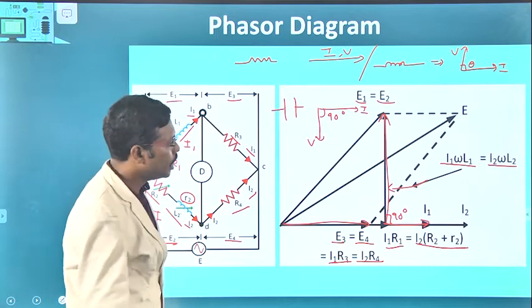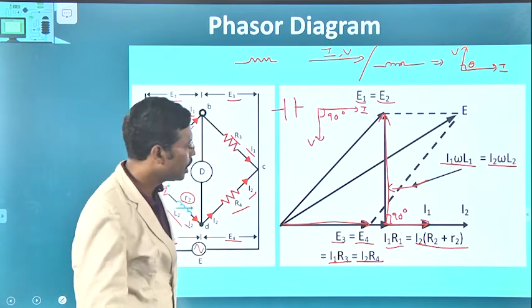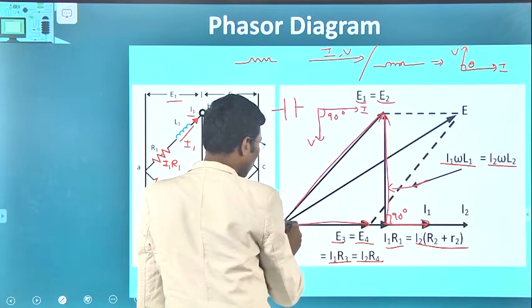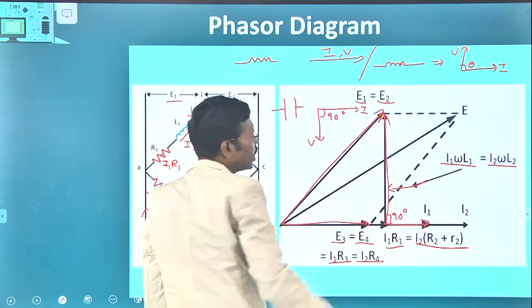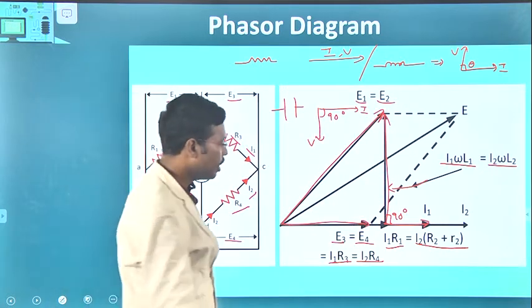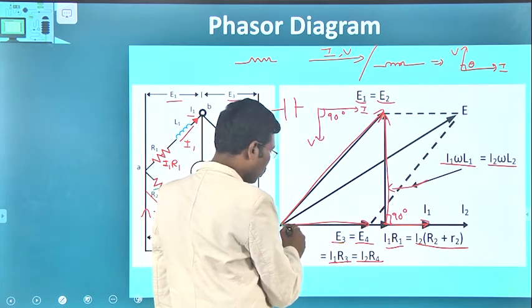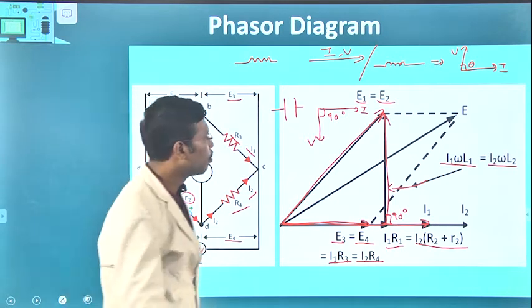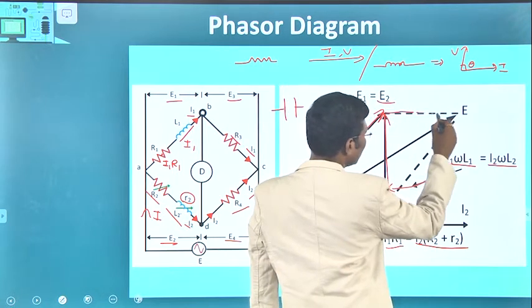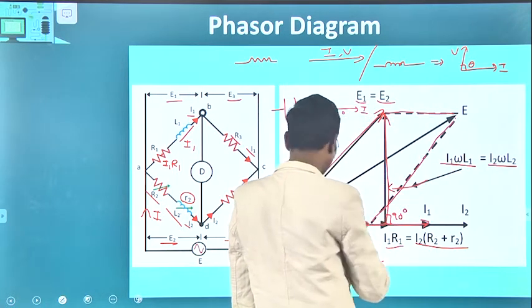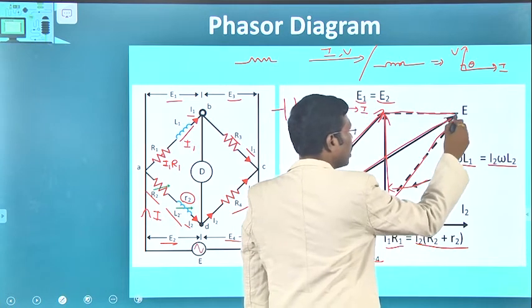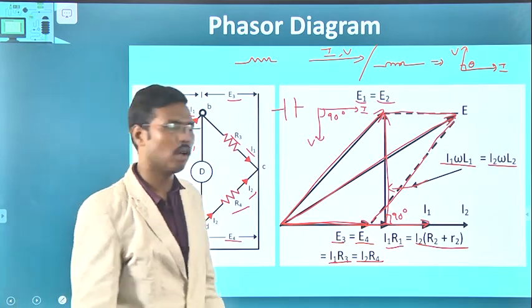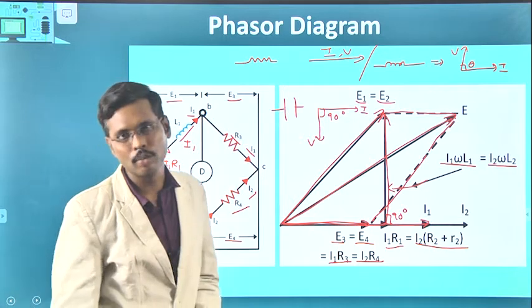Fine. So, the equivalent voltage, the final voltage, will be the sum of these two phasors. Here we have one voltage output, which is E1 equal to E2, and one more phasor E3 equal to E4, and the resultant phasor out of these two will be the sum of these two phasors, which is represented by capital E, the total voltage. So, in this way we can draw the phasor diagram of a Maxwell inductive bridge.